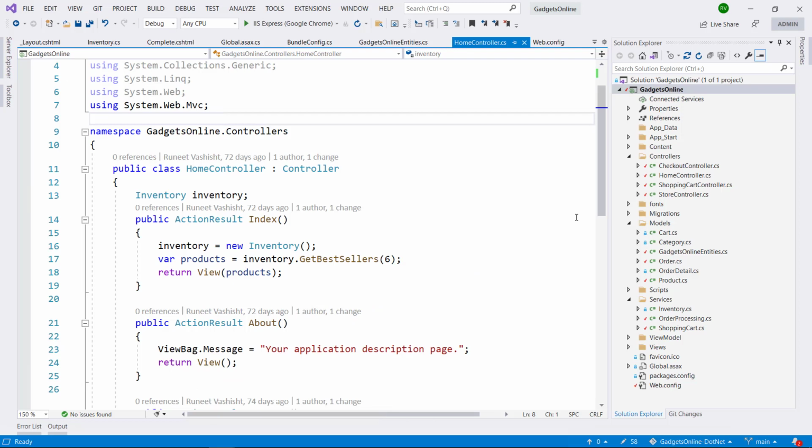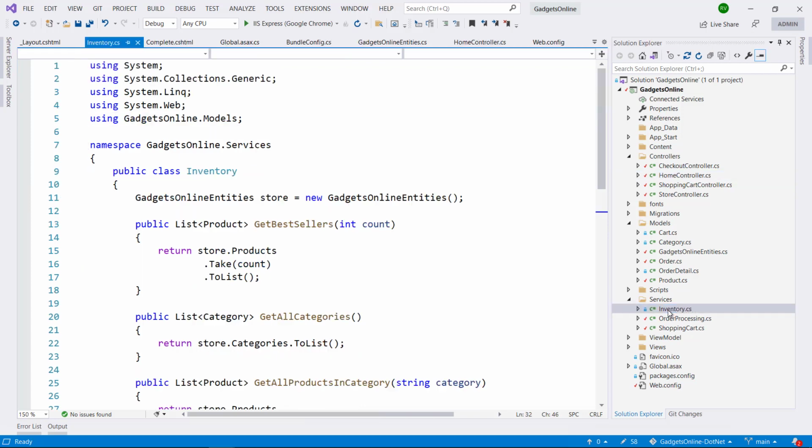Here's the application source code, and this application has a couple of controllers. These are the entry point or the front end of your application. These controllers are calling into different application services. For example, there is a home controller that we just saw, which is showing us list of products and categories. And the home controller is making call to various services.